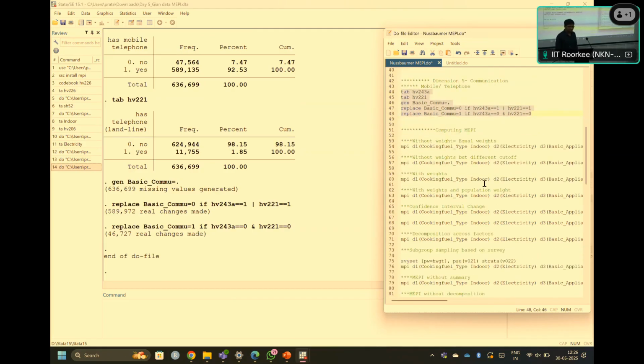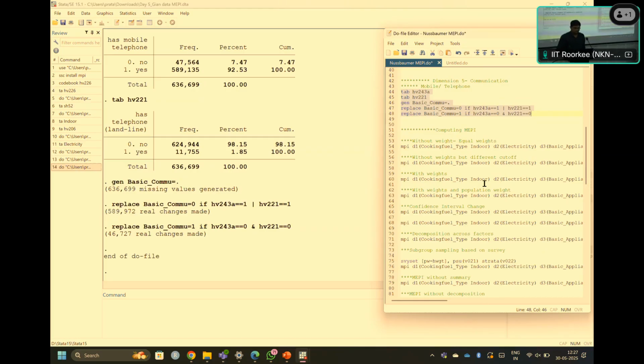Anyway, coming back: after setting these indicators, the five most important dimensions with indicator variables, we have recoded accordingly so that our estimation is in sync with the MEPI or Nussbaumer et al. approach and suggestions.